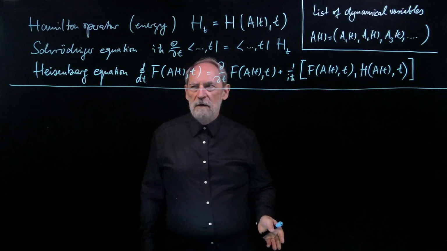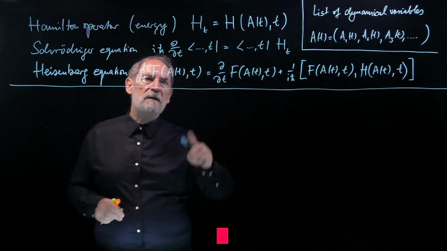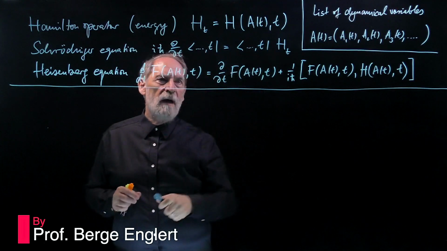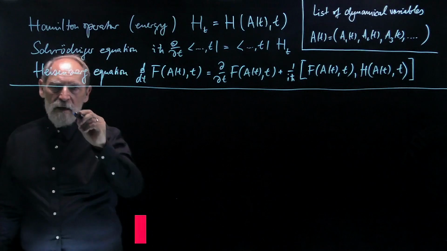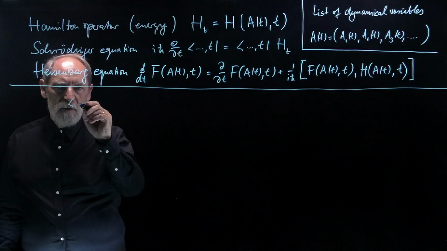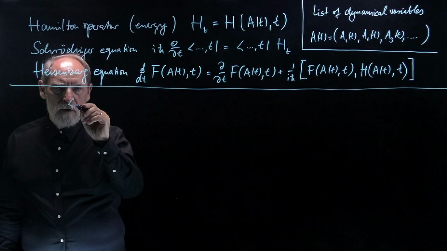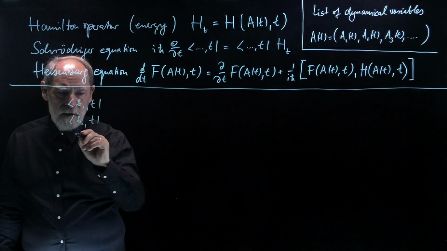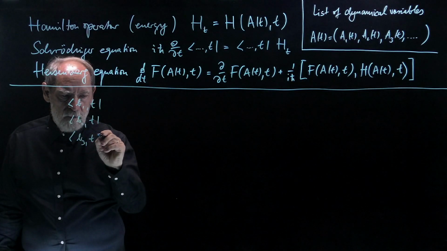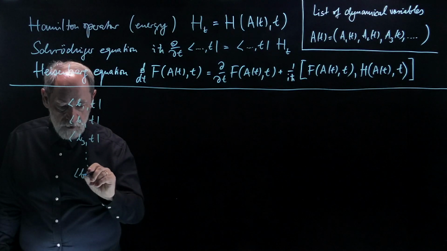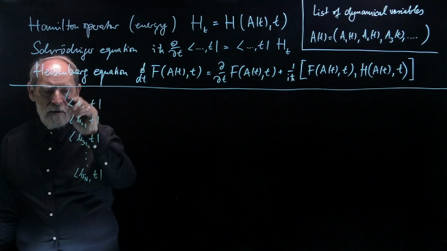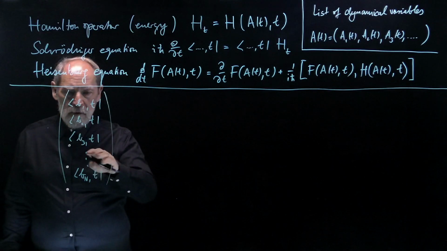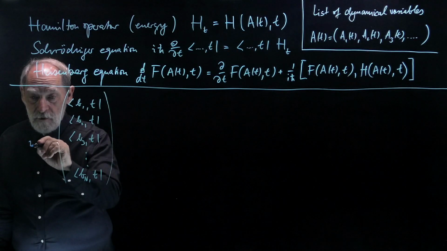So now let's turn our attention to the Schrödinger equation. Rather than talking about some arbitrary bra, I will talk about the bras that make up a basis. So let me call this the bra B1 at time t, B2 at time t, B3 at time t, and so forth, maybe all the way to Bn at time t if there are n such bras in a basis of bras. We take the time derivative of every one of them,